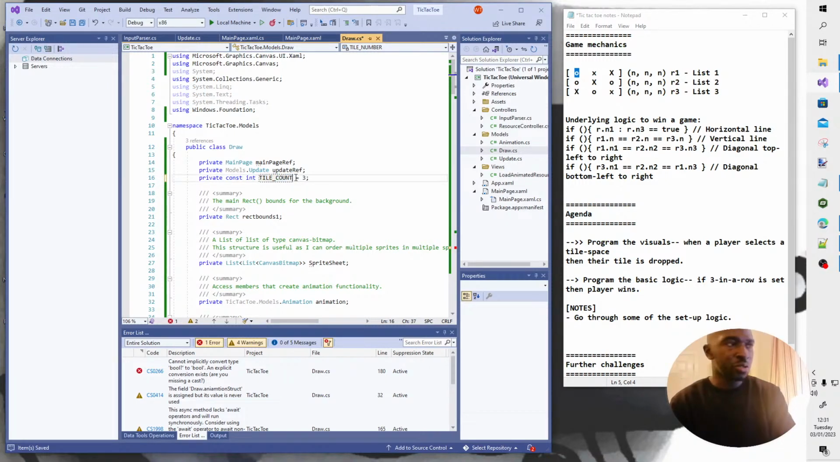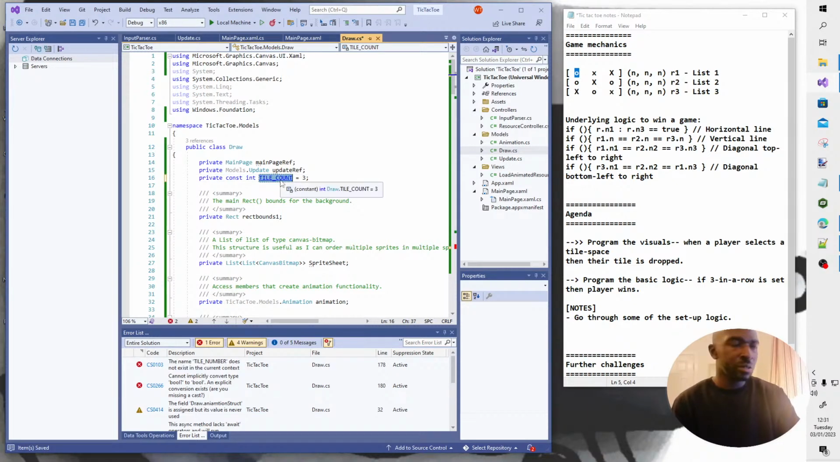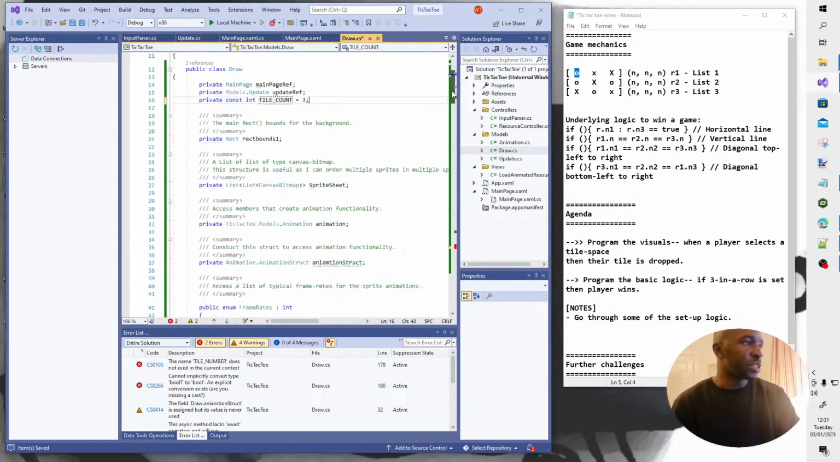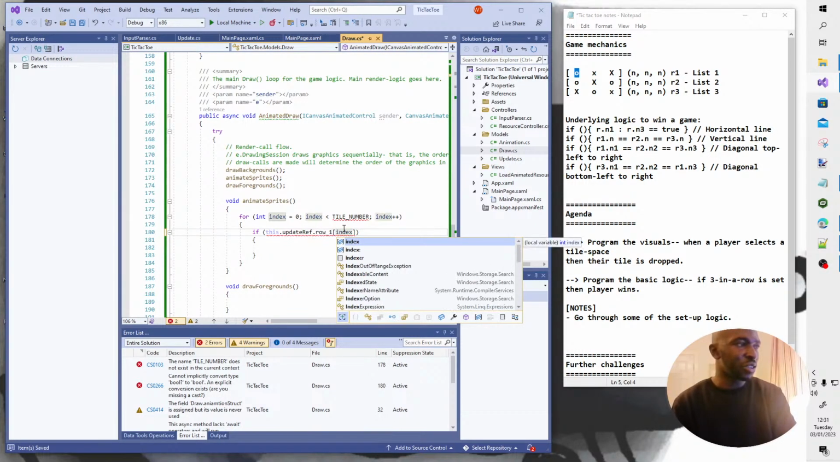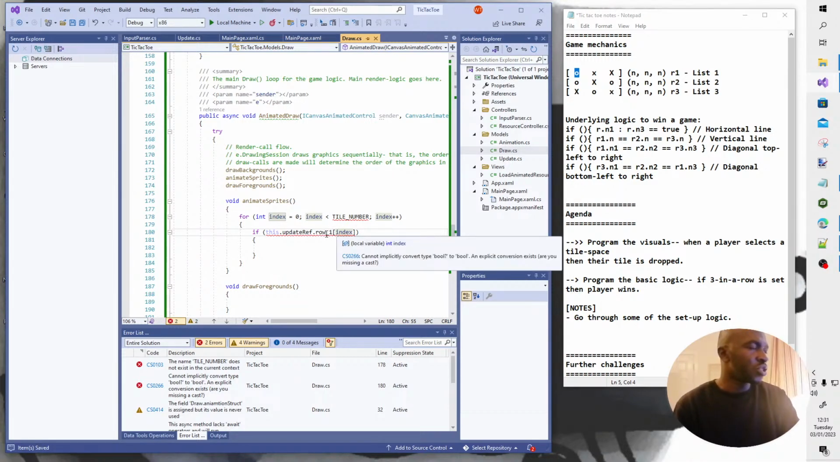Tile count is quite good, I think. And because it's 3x3, we can use this in multiple places in a sense and get away with it. It will kind of make sense as I go along. So index would be 0 up until the tile count. So we'll be looking at each slot. If the value is true,